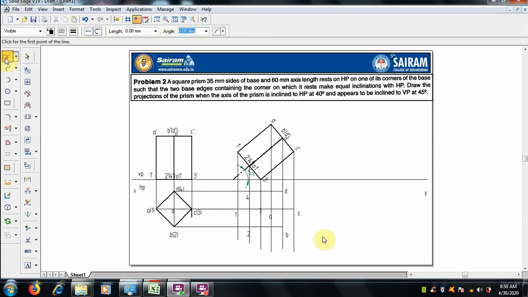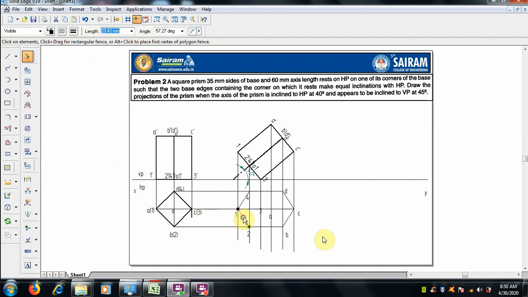So now we can join, we can make the faces, lower face 1 2 3 4 and upper face ABCD. Better, first finish the boundary, that is the top view 1 2 B C D 4, this is the maximum boundary.